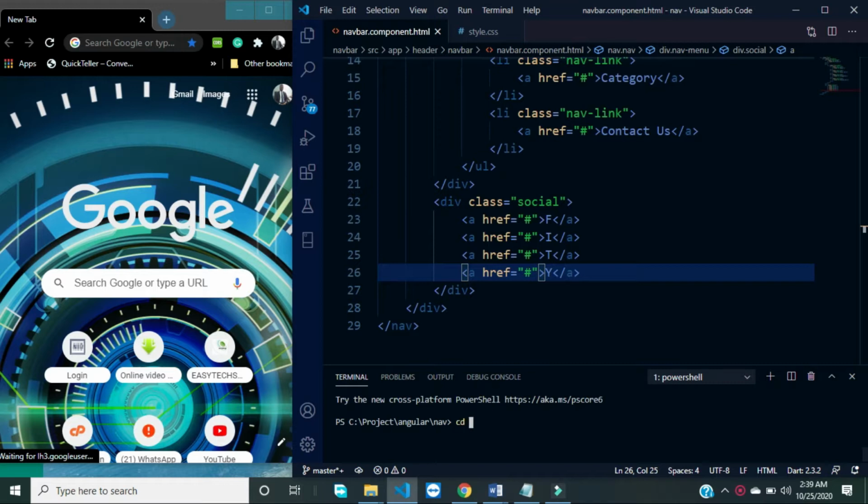We'll just key in cd navbar. So today I'm going to be relatively fast so that the video will not be too long. We need to finish the navbar in this second chapter, second part. All right, so what is the command again? ng serve --open. So